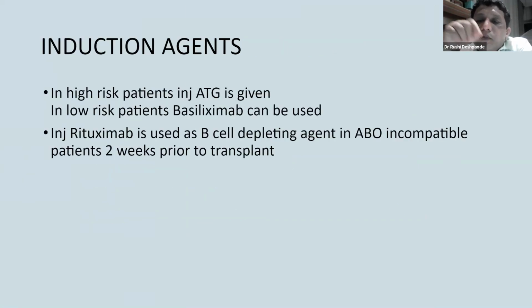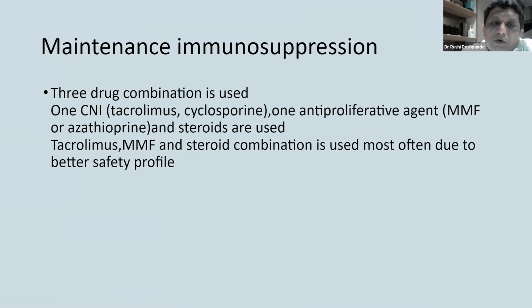And when you really want only B cell function to be affected, so you don't want too many antibodies to be formed, you can use rituximab. So we use it very commonly in the ABO incompatible transplants. I have been doing the ABO incompatible transplants for the last 12 years now, and it has become a fairly routine affair. We use a lot of rituximab in these patients to decrease the production of B cell based antibodies, the anti-blood group antibodies. We would normally use it around weeks prior to transplant.